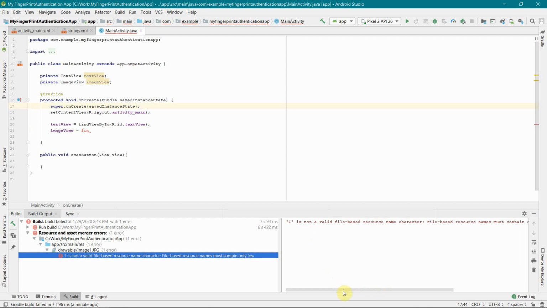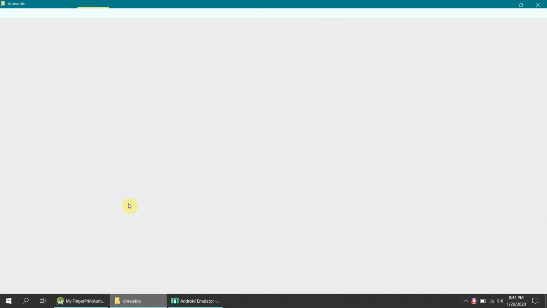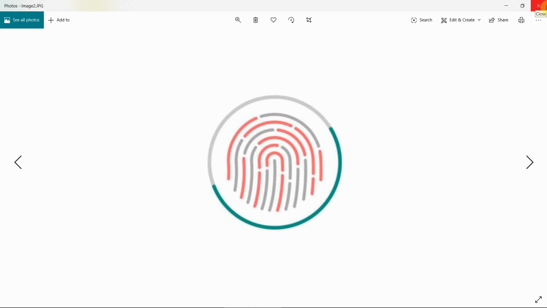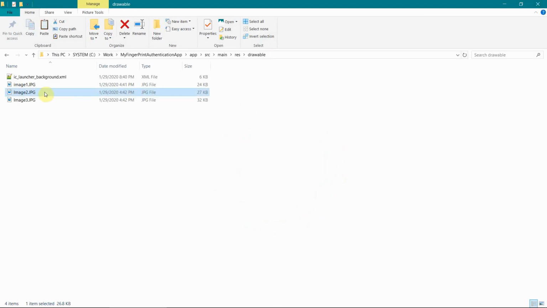File based resource names should only contain lower case, so the capital case of I is not allowed. So I will just quickly go back to my drawable folder and rename all these files. Instead of capital I will just put a small I over here. Yes, perfect. I think I by mistake clicked it twice, so I'll just rename it to small I. Once I have renamed all my file names,